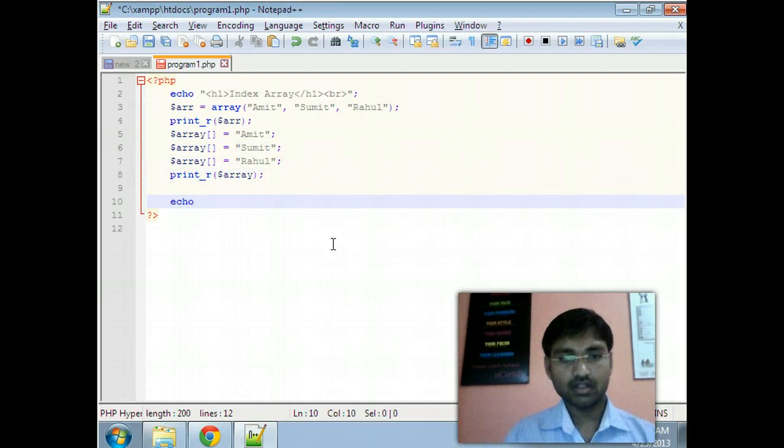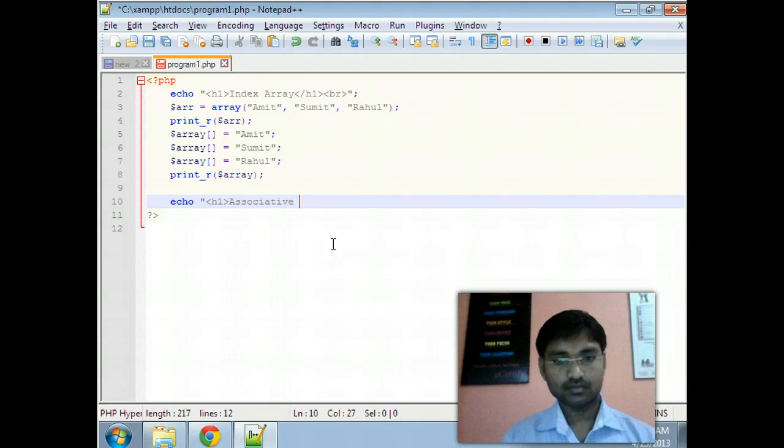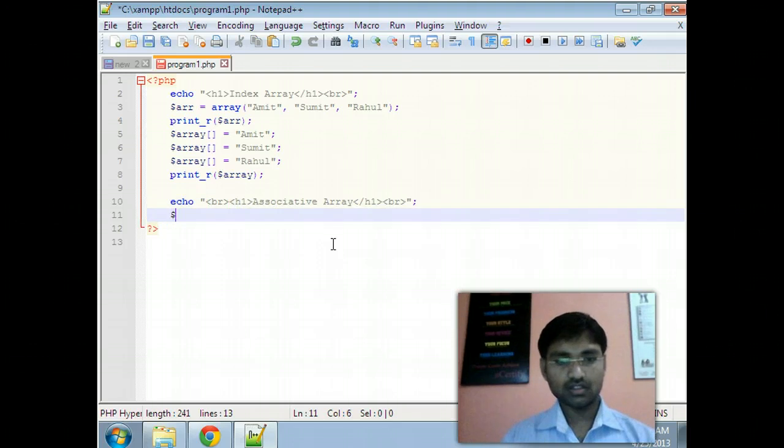Now I am going to create an associative array. An associative array is created by providing its index and its value.